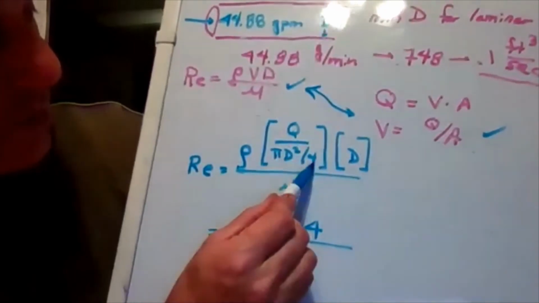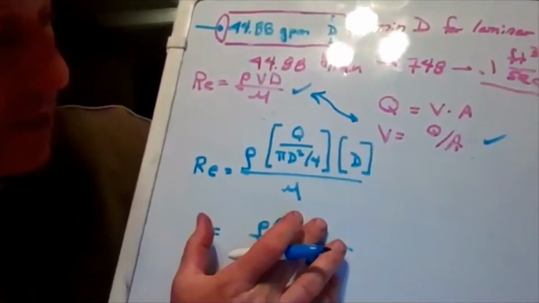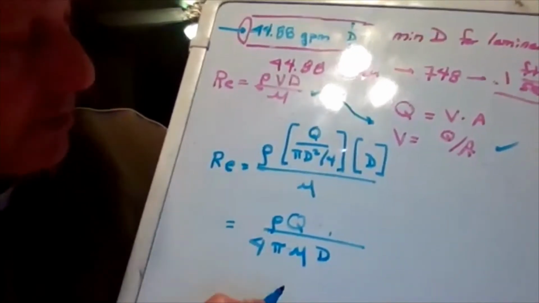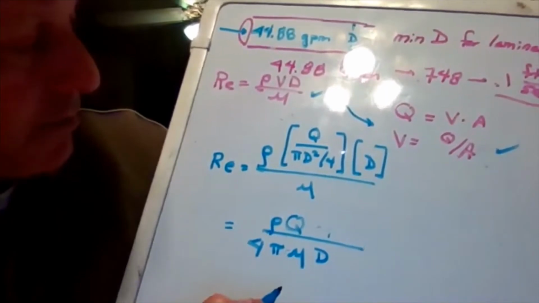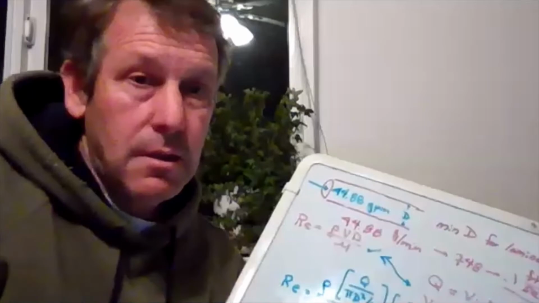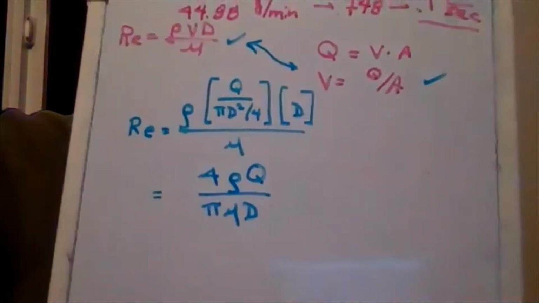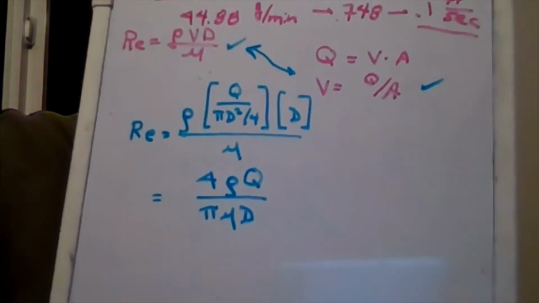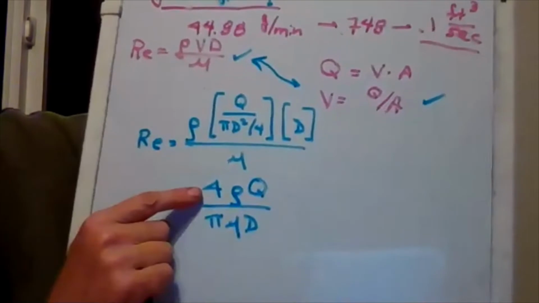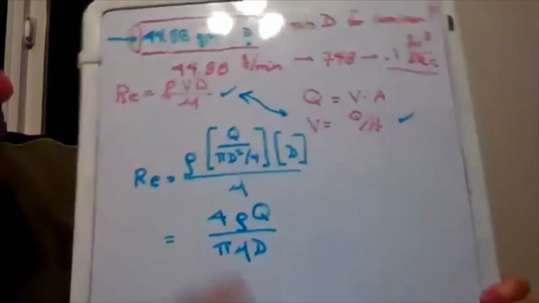This 4 is in the denominator, so actually I do have a mistake there. That 4 should end up, pardon me, in the numerator. Sorry, you guys, I got mixed up on that 4. So there is the correct formula. The pi ends up in the denominator, and this 4 is in the denominator of the denominator, and that ends up in the numerator. And the formula makes some sense, that given we have a certain